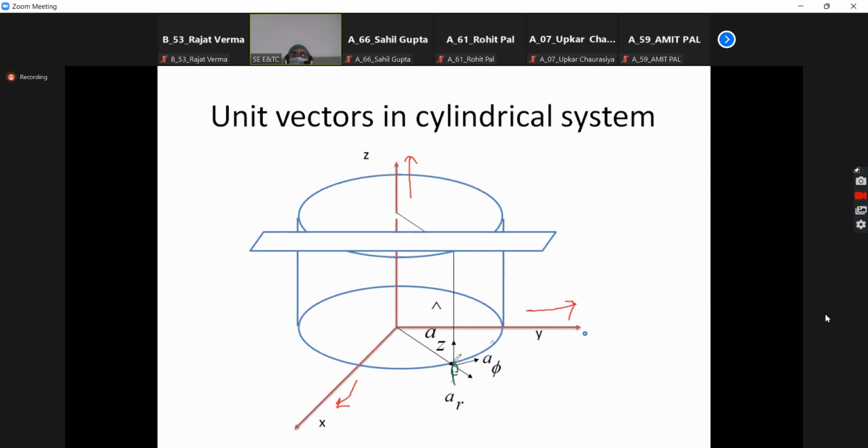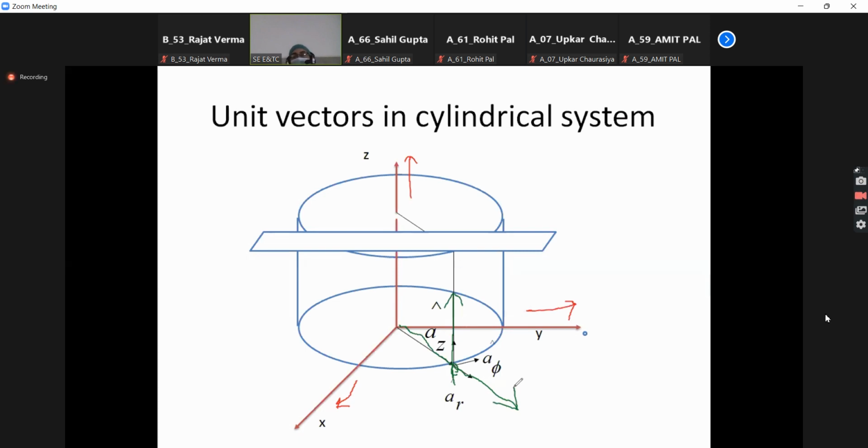So what will be the A bar Z of this particular point? A perpendicular which is going along the Z axis. So that is A bar Z. What will A bar R be? From this point you draw R perpendicular here, that will be my radius. Okay, and then extend that radius outward. Why outward? Because R is increasing in this direction. So the direction in which R increases